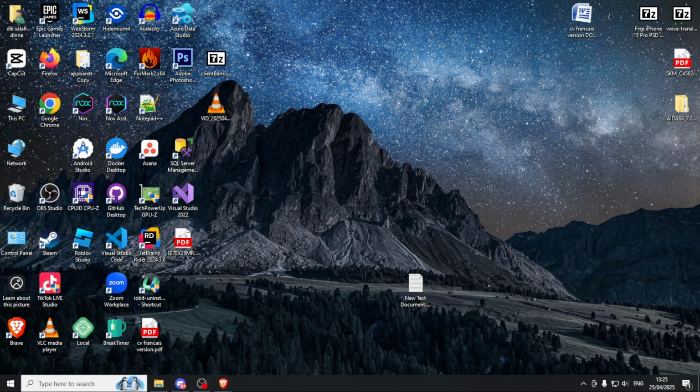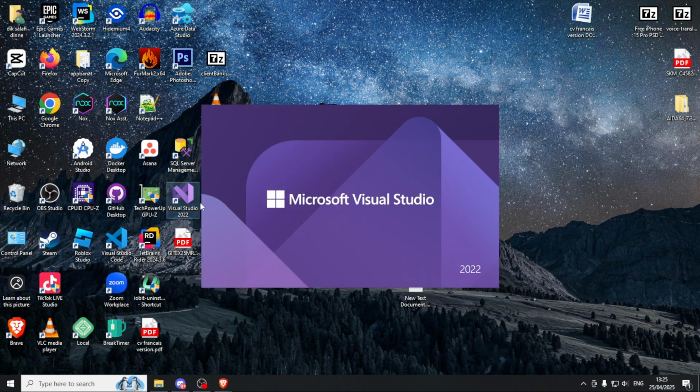Before starting to code, you need to have some requirements. You need to have Visual Studio installed on your computer and .NET 8 installed. For the database, you need to have SQL Server Management Studio. So this is all. We're going to double click on Visual Studio